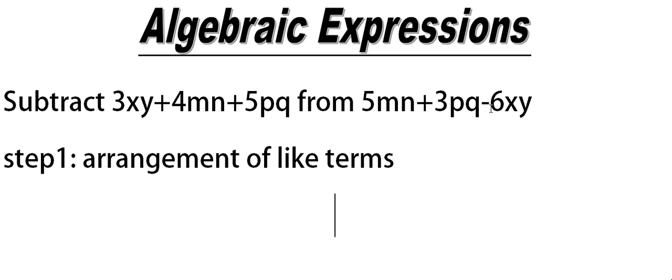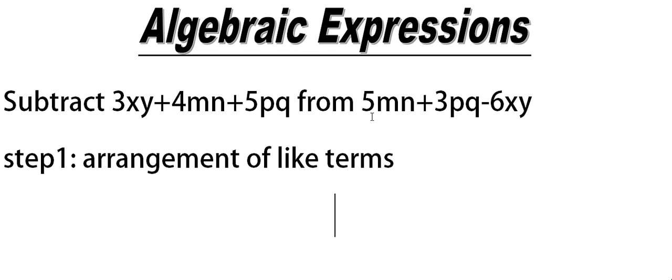Now the first step will be arrangement of like terms. Again the question arises, for those of you who have not followed my previous video, what are like terms? I have discussed it very nicely in my previous videos; you can go to my videos and find out. I will give you a brief intro in this video also. Like means same, terms means variable along with a constant. So when you have the same terms, they are called like terms, and in algebra only like terms can be added and subtracted.